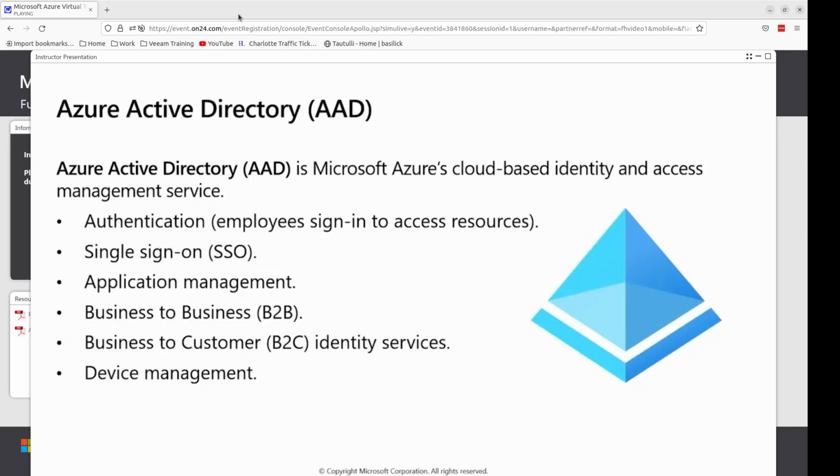Now, Azure Active Directory is the cloud-based identity and access management service. And it can be used for both your external resources, whether it's Office 365, the Azure portal, or a number of other software as a service applications. But you can also use it as an internal resource, whether you're controlling access on your corporate network or your intranet, or maybe you have in-house apps that you have developed for your organization. So there's a number of different services that Azure Active Directory can